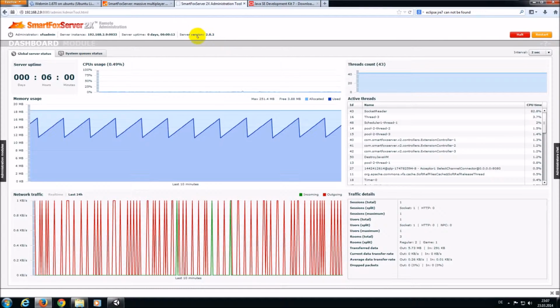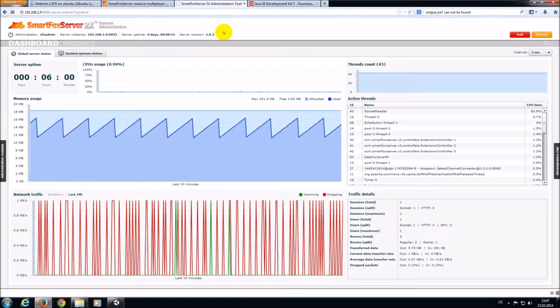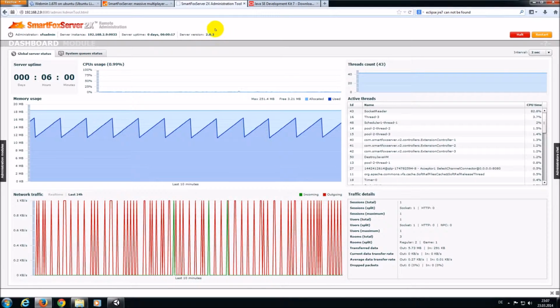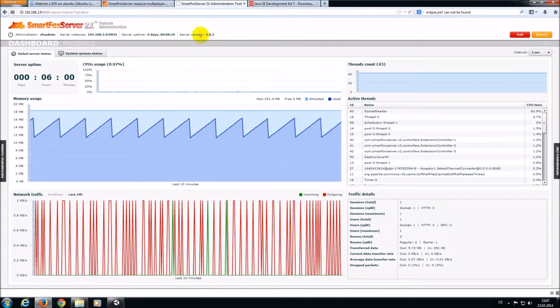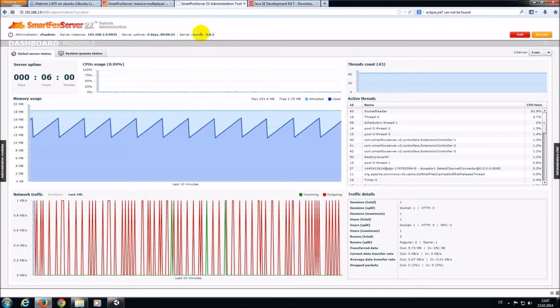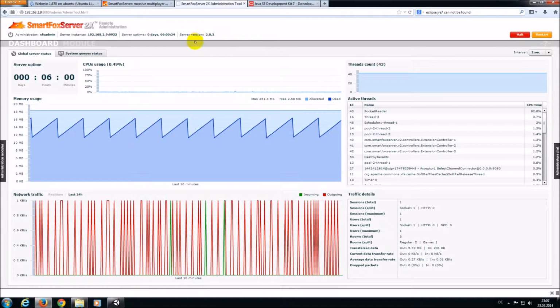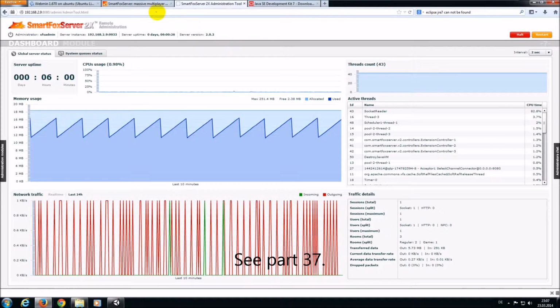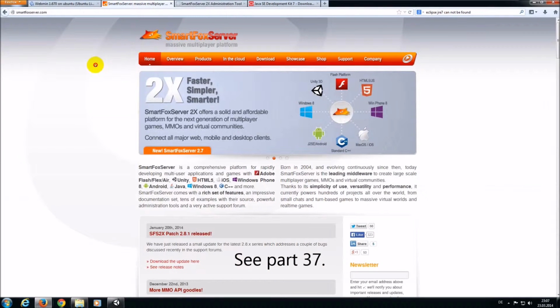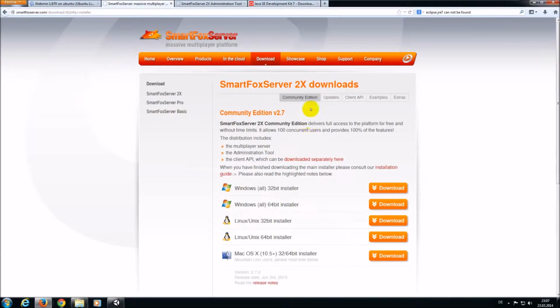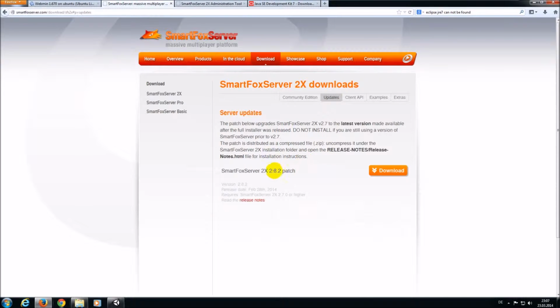I did upgrade or install that patch already without making a video out of it because it was exactly the same as we had to do with the previous patch version. I went to the SmartFox server webpage and the download folder for SmartFox 2X, checked for updates, realized that there was a new one, and upgraded by exactly the same procedures